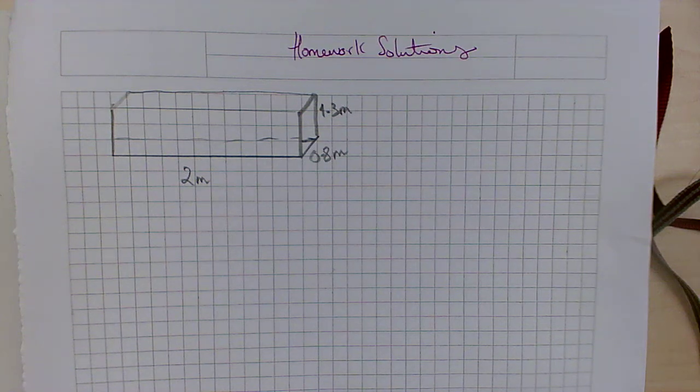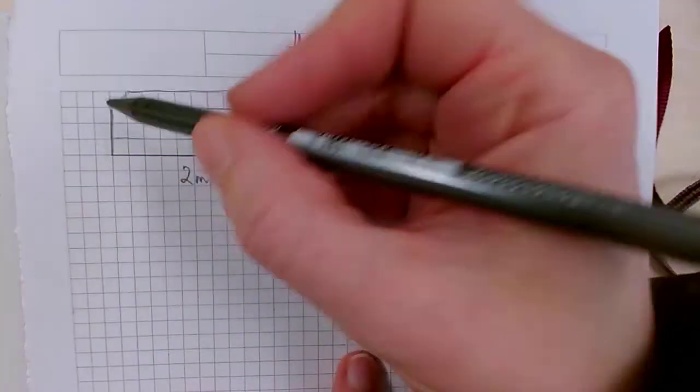So let's go through the homework solutions from the homework you had last Friday, where you were asked to draw a net of several shapes, calculate the surface area and calculate the volume. So they're all three-dimensional shapes. Now, as you'll recall from